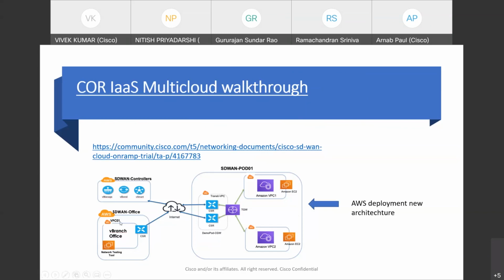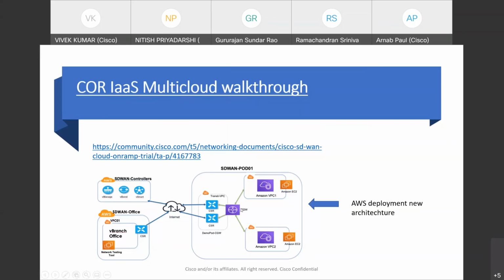Here we can see that the SD-WAN branch offices are connected to the internet, and from there it goes to the cloud, which is AWS. In AWS we'll create the transit VPC, and further it will create the two CSR or vEdge routers, and those will have the IPsec tunnel to the transit gateway, and the transit gateway will have connection to